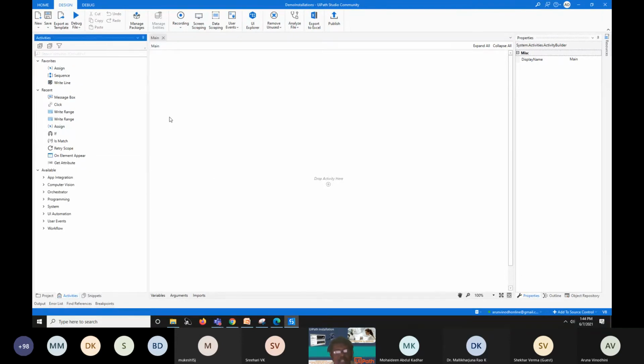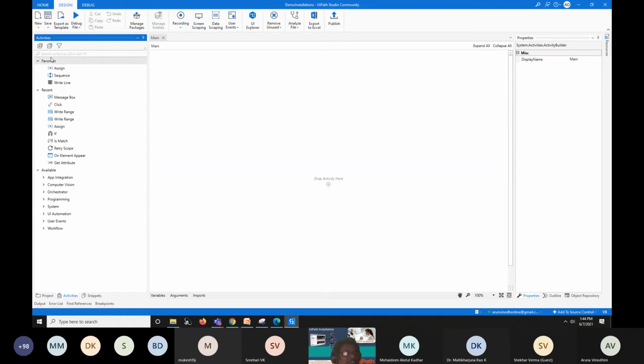So here I am going to drop an activity. The activity name is message box. Where can I search for that activity? On the left-hand side, please check this. Three options are there: project pane, activity pane, and snippet pane. In that, I am clicking this activity pane. Once I click this, just go to this search box.